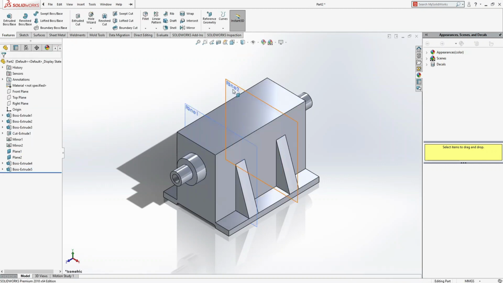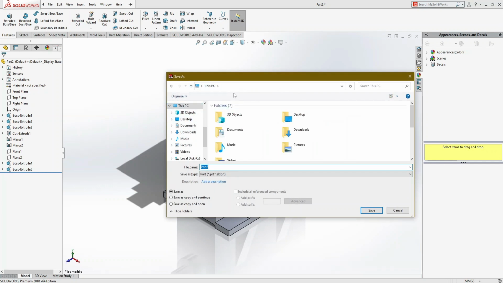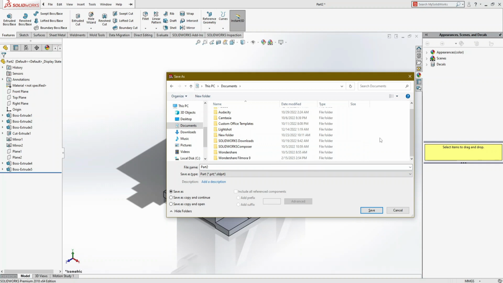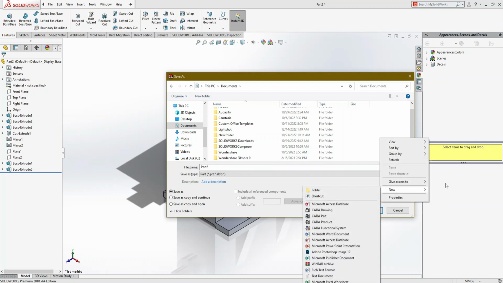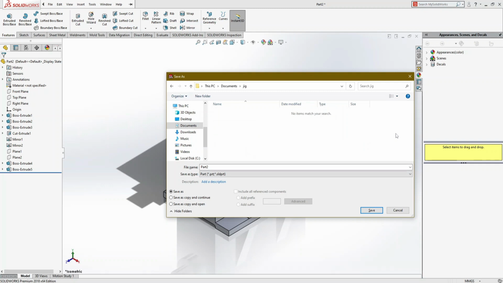Okay. Now click on plane 2, hide, plane 1, hide. Our workpiece is done. Now Control S to save this. We are going to save it in documents, and we are going to make a folder named jig. Okay, and here our first